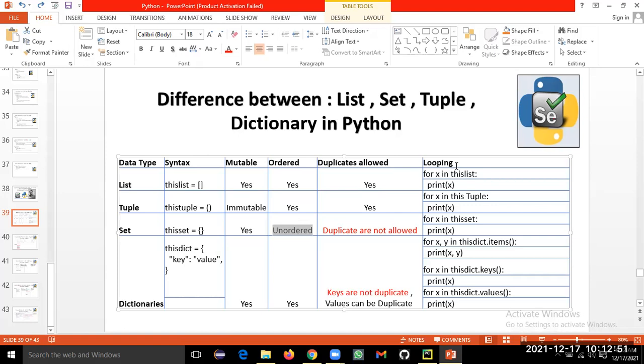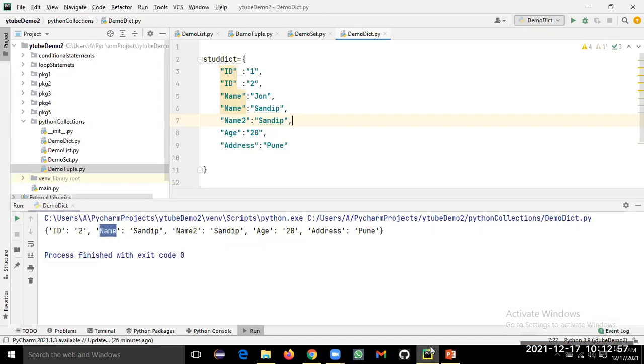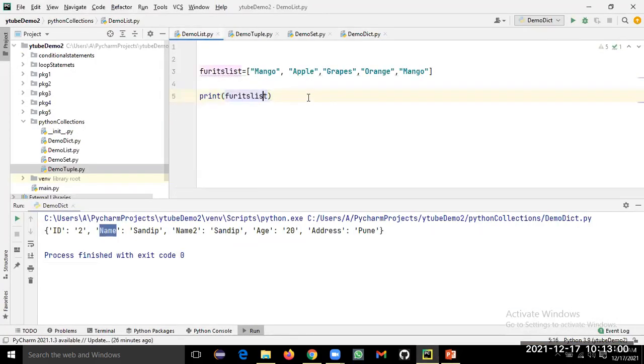Now let us understand how to loop through the list and set. This is a for loop we are going to use. We have already learned the for loop. What I'll do is teach you some basic functions. As we learned, the first index is 0, the second index is 1, then 2, 3, and 4.